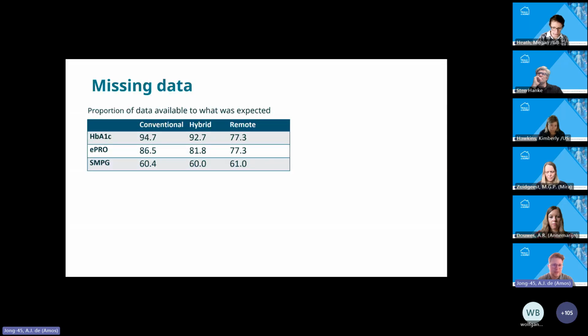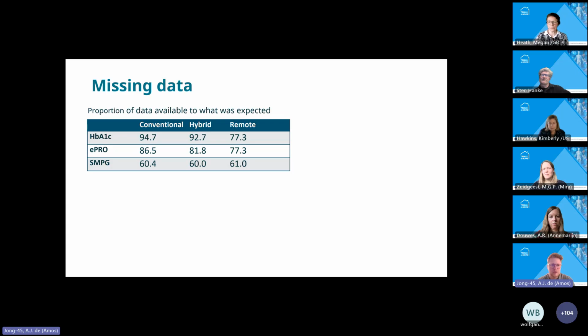You see different data points that were also collected via different means. So, for example, you see the HbA1c, which was analyzed in a central lab, the electronic patient-reported outcomes, which used the study app to collect participant satisfaction data, and that was through the study app in all arms. And you see fasting plasma glucose, which was measured using a Bluetooth connected device, and also in all arms, this was collected using that device.